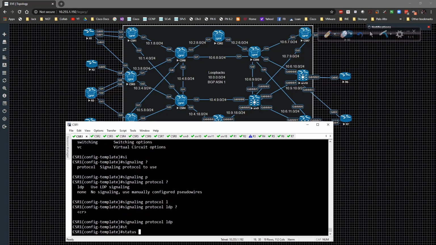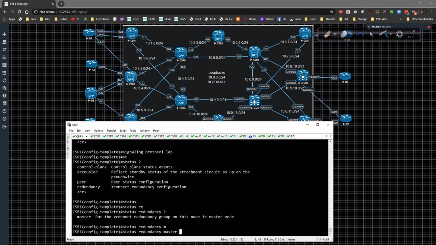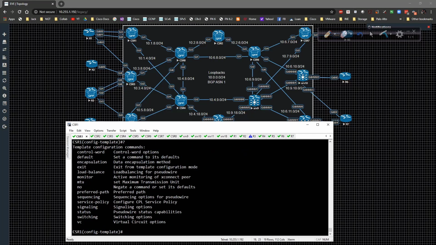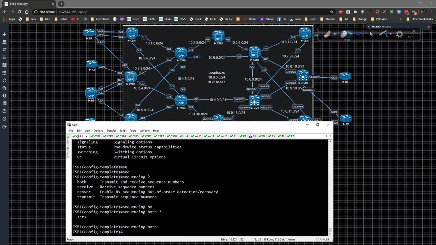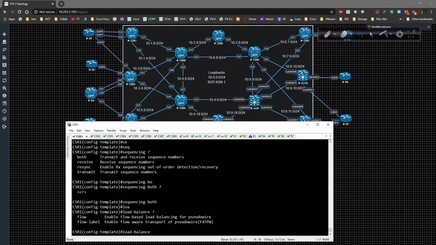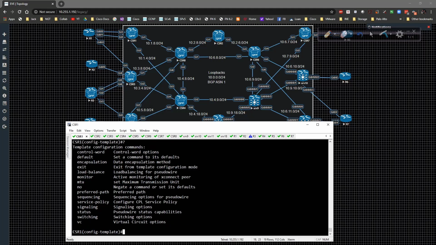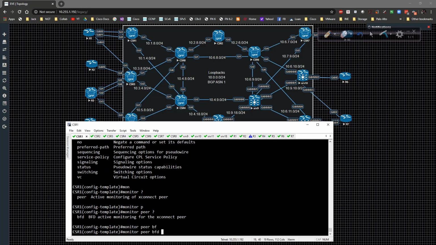The status will be turned on, and then we're going to do redundancy, and then we can say master, put the xconnect redundancy group on this node in master node. So we'll just do that. And then sequencing is on too, and we can type in both and do that. And we're going to type in load balance. We'll type in flow, and then we're going to specify the monitor up here and BFD,